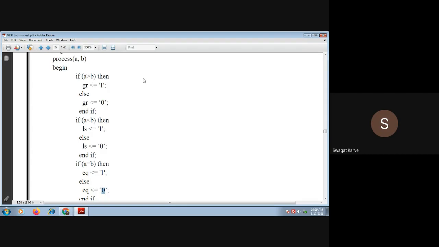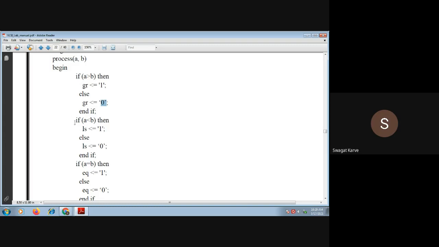That means this is how it gets executed. First, it will enter this if and check this condition. If A is greater than B, it will set GR to 1. If this condition is not satisfied, it will go to else, set GR to 0, and come out of this if.